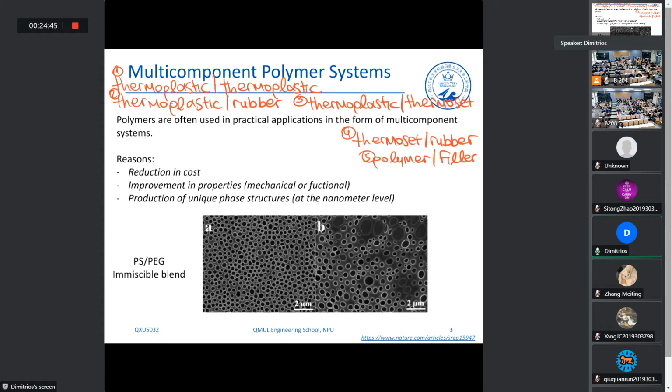Okay, so the reason for the creation of polymeric blends is mostly reduction in cost, improvement in properties, or even if it's not improvement, we can have tunable properties. Okay,